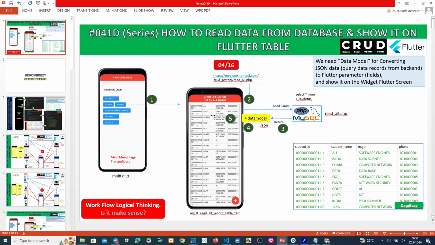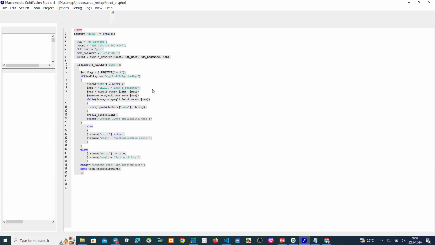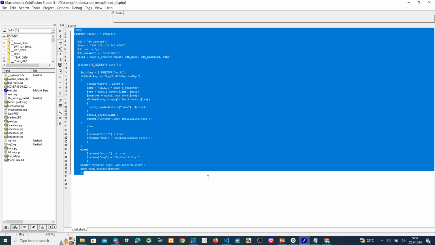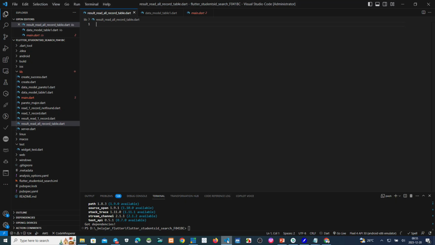We write this script to trigger data on the backend. On the backend we have this one, read all. This is a backend script to read data from the database. Now we do the usual Flutter coding.